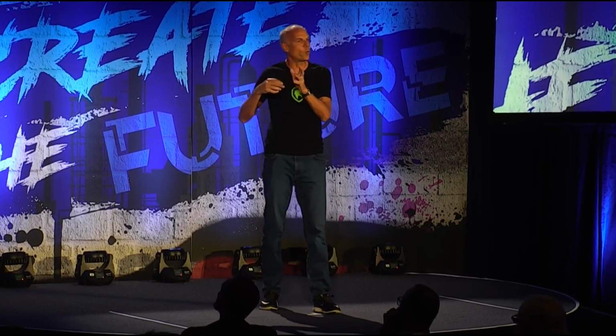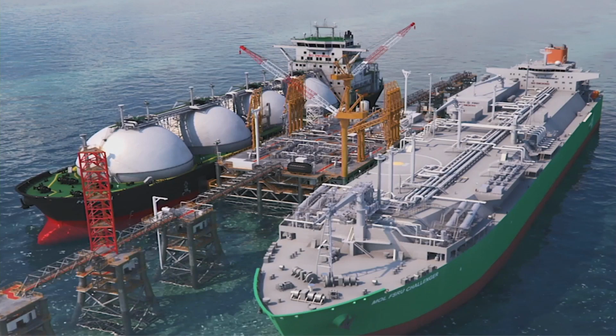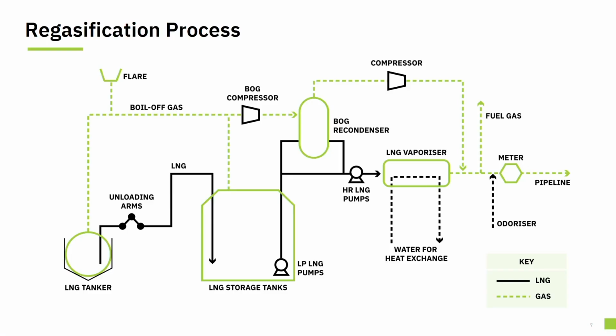So this FSRU only travels a few times a year maximum, and then the tankers come in many times a day or a week and deliver the liquid natural gas. The process for this application looks like this. Okay, on the left-hand side, you have the LNG tanker, that's the round thing with the round storage containers. An unloading arm comes in, pumps out the LNG at minus 160 degrees Celsius into the LNG storage tank. Over there, it's contained, it's a bigger tank, and it will be collected, and then it will be pumped out into the LNG vaporizer.